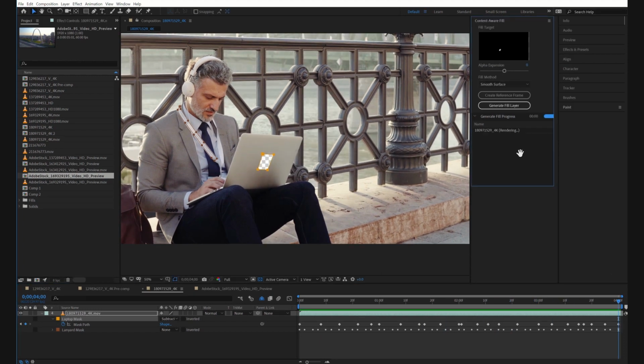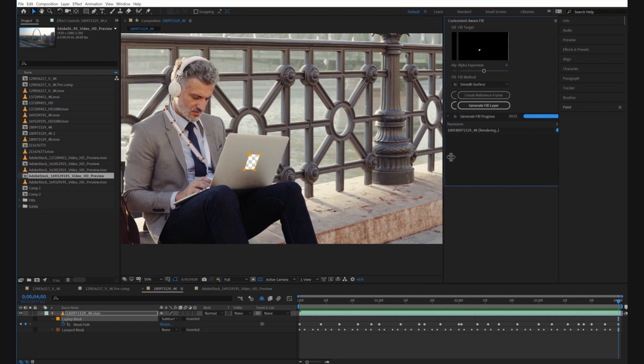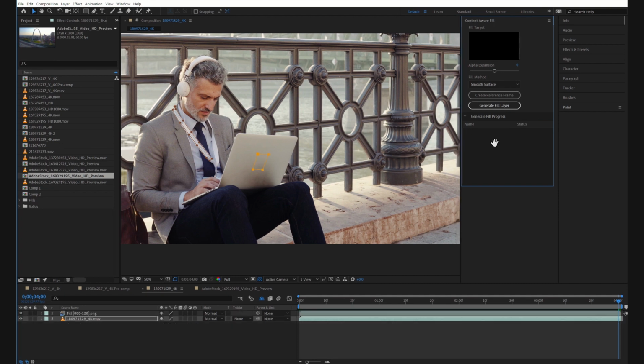Generate a fill layer. And as this is working, we can see a number of pieces in progress, and it's going to go through each frame, and then it's going to start rendering out PNGs for each individual frame. And once I hit generate fill layer, it's going to render a sequence of PNGs the length of the whole composition. All right, now that finished up, and we can see what it did is it added a